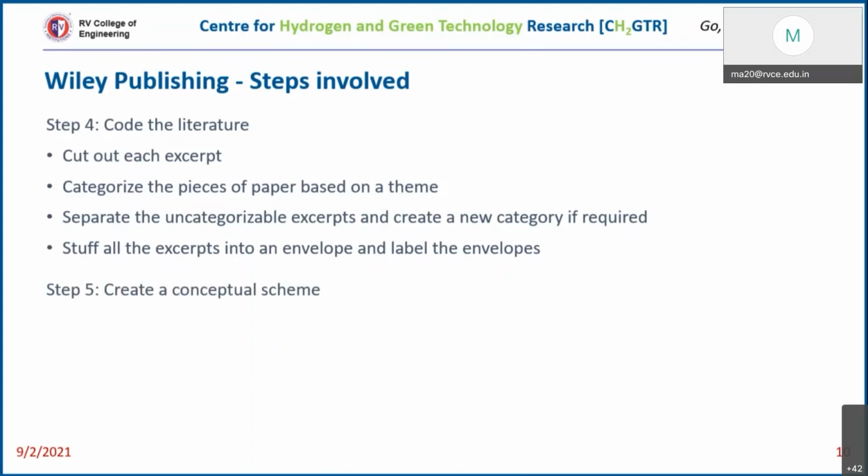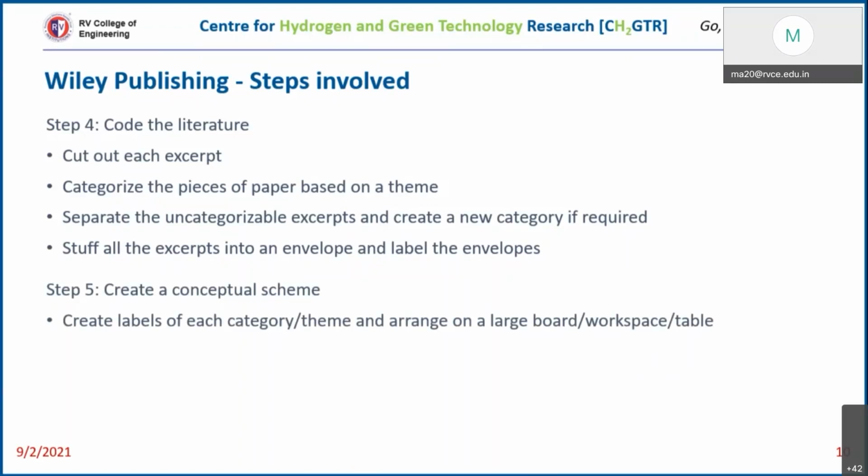Now you are going to decide how you are going to link this. So you have to build a story, right? So you are going to connect these categories. For that purpose, you just identify a big board or a table where you are going to put all your excerpts category wise on the table, and you try to find and establish a link between these,